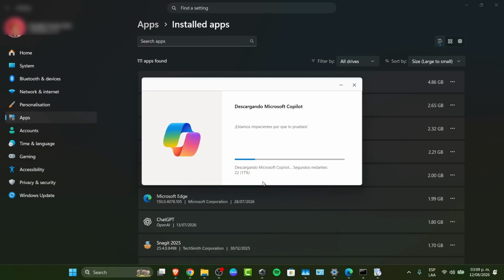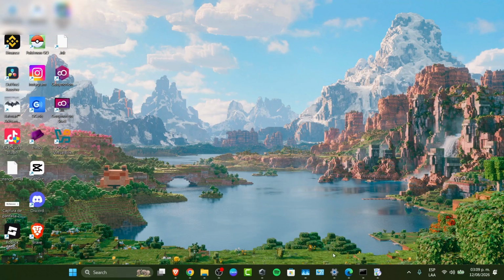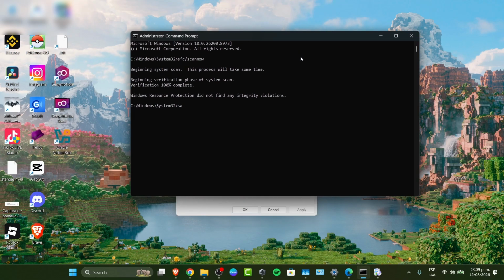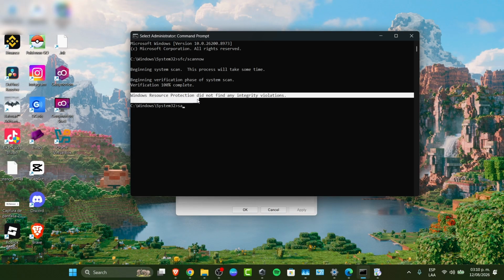that worked. Now let's run a file system check just in case none of this actually worked. If you open your command prompt, what we can do is to make sure that we type sfc /scannow. Basically what's going to happen here is that a corrupted system file can damage the file association settings. So Windows will be making a quick scan of your computer, and it will be showing you something like Windows Resource Protection did not find any integrity violations, and if so, it will be trying to repair this automatically, and